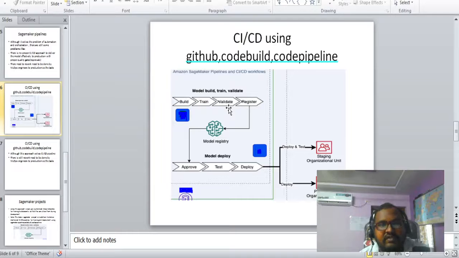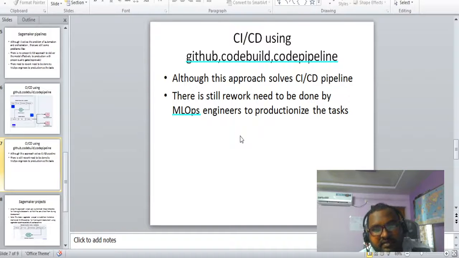But before that, during the development phase also, if we can provide some kind of templates to the data science team, where we include these steps, then it will be easy for the ML ops engineer or ML engineers to convert that development phase code to the staging environment very easily.